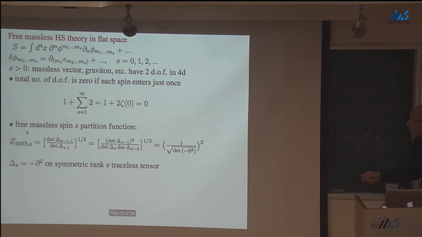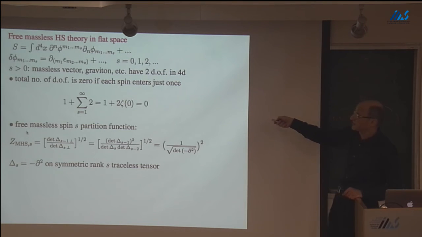So that's what I'm going to review. But let me start with flat space and go back to massless high spins in flat space. So imagine we take just massless high spins in flat space, and we sum up together scalar, vector, spin 2 massless fields. And all we know is basically that in 4 dimensions, each of these high spin fields have